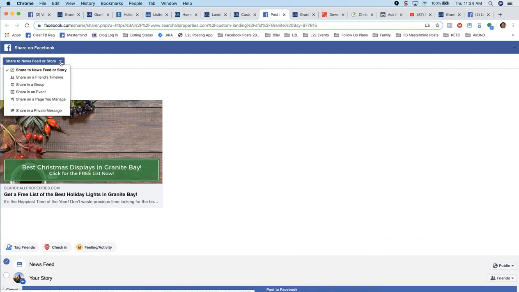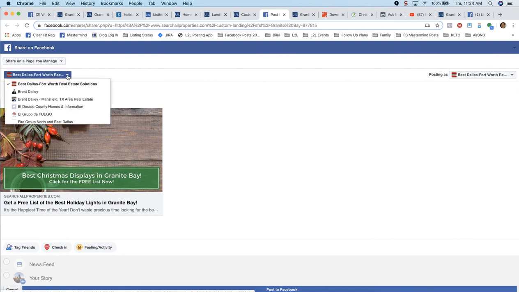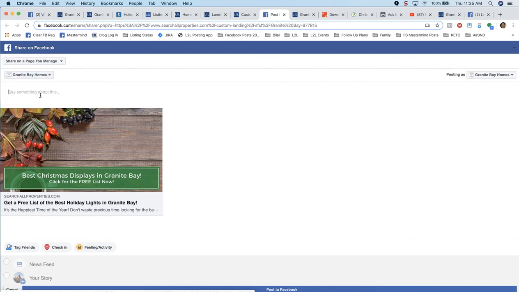And I will select share on a page you manage. And then let's see if I can find it. Sometimes you have too many pages, so sometimes it's easier to go straight to it. There's one I want: Granite Bay Homes. And then I might say something like, free list of the best holiday light